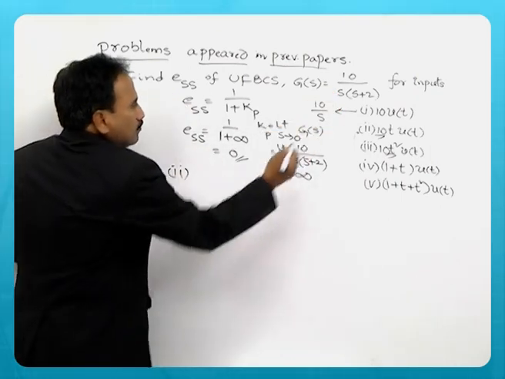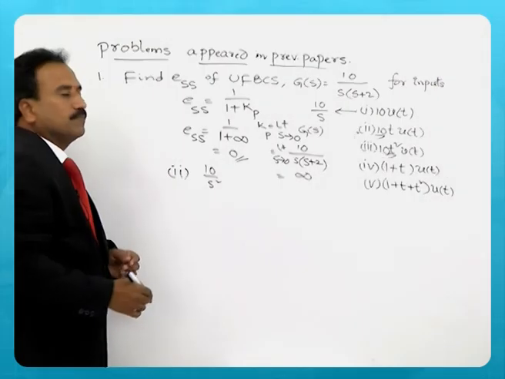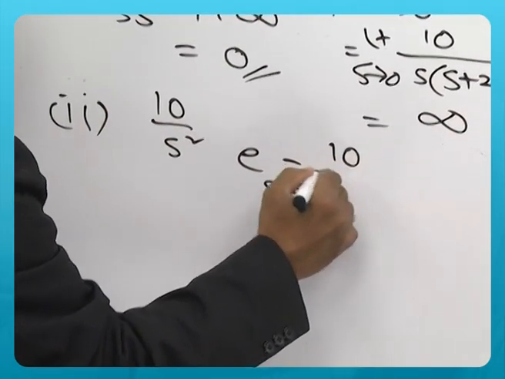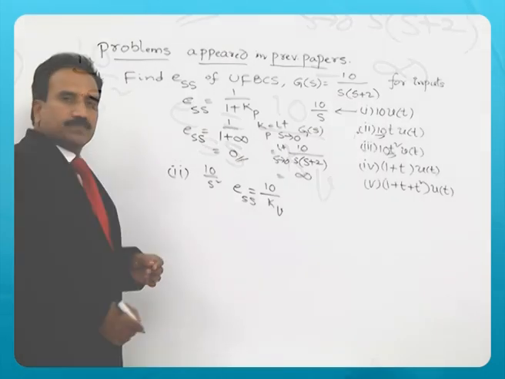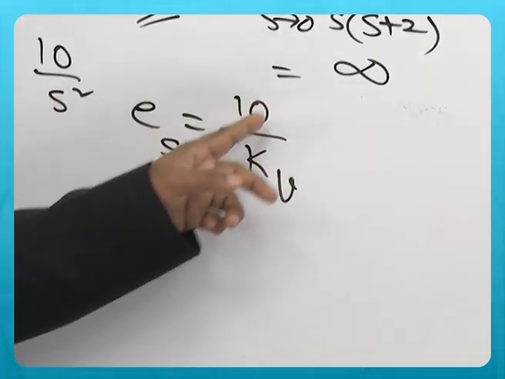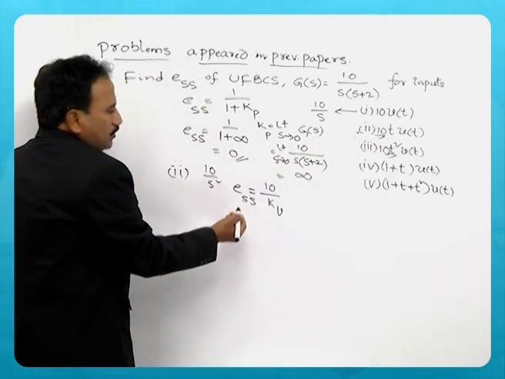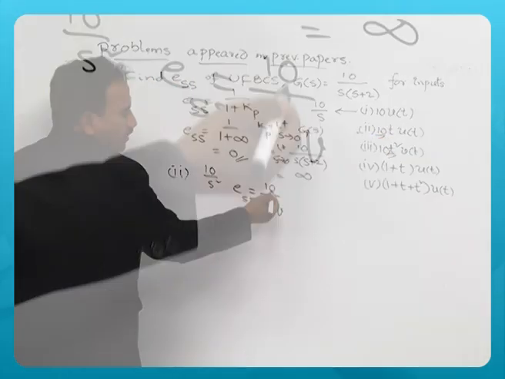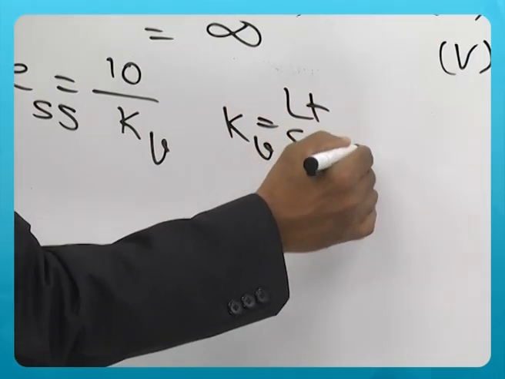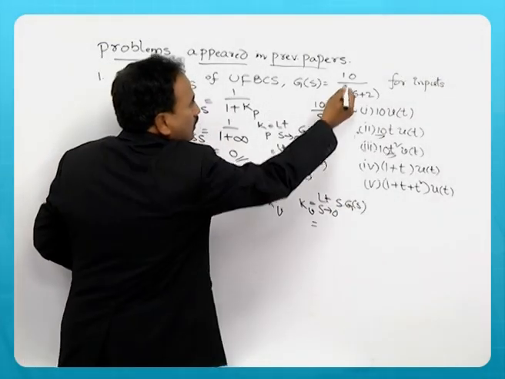The Laplace transform of this ramp input 10 t is 10 by s square, and the steady state error for this input is calculated using the formula 10 by Kv. If it is a unit ramp, there is no numerator term, only 1 will be there, but now it is 10 times t. So, the steady state error is given by 10 by Kv, where Kv is limit s tending to 0 of s times G(s). Substitute G(s), this function,